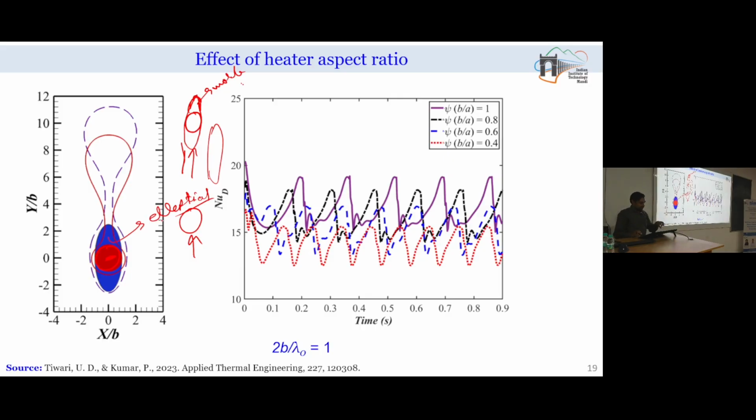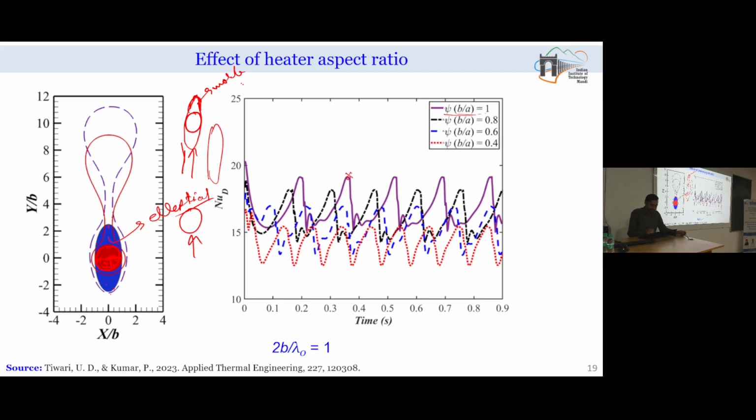And these multiple ellipses we are forming by keeping, if 2b is the width of the minor axis of the ellipse, then this b we are keeping identical to the diameter of the cylinder. But we are increasing the value of a, the major axis of the ellipse, in order to achieve different aspect ratios. So here you can see when the aspect ratio is 1,